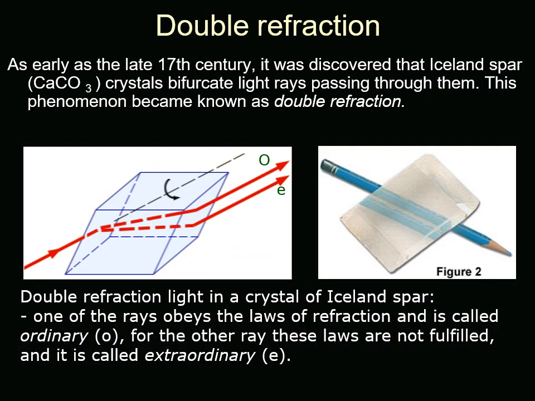So let's take a little more detail about double refraction and move on to the question of the course of rays in polarimeters. This means that a double ray of refraction is observed in the crystals of Icelandic spar, that is, a transparent crystal. A feature of this crystal is the ability to split the image.